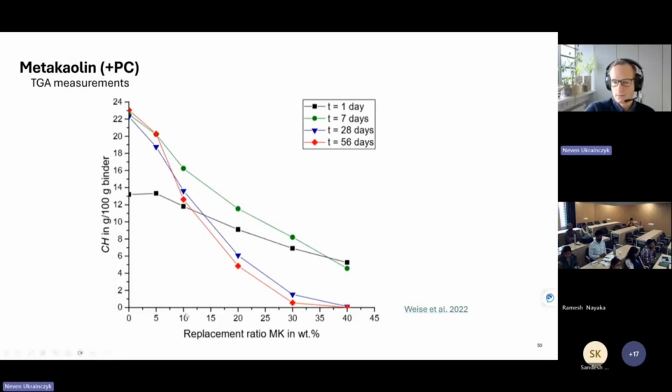Of course, more practical would be to ask what the portlandite content would be if you put, I don't know, 5% or 10% of metakaolin. What would be the portlandite content in your cement paste, which you can measure by TGA. And then you can calibrate your kinetic model for the pozzolanic reaction. But that's always a bit tricky because it's a secondary reaction. So you don't know when you are adding the